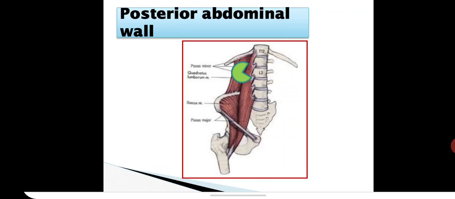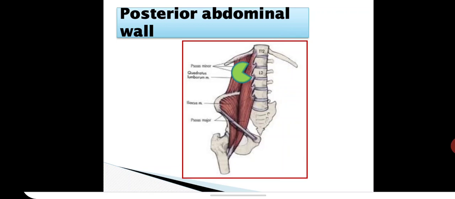Then you see the next muscle, quadratus lumborum. It is quadrilateral in shape, filling the space between the 12th rib and the iliac crest. And over the two muscles, the kidney is represented diagrammatically. The lower part of the posterior surface of the kidneys rests on the posterior abdominal wall muscles. The upper surface is related to the diaphragm, which is not shown in this image.